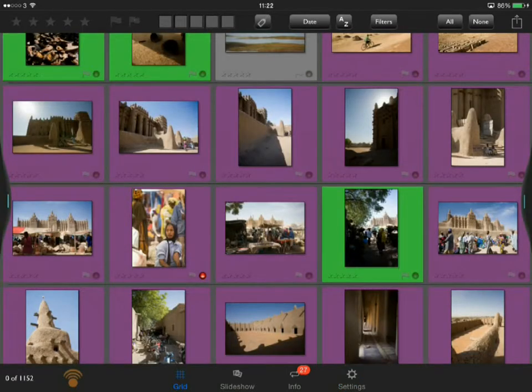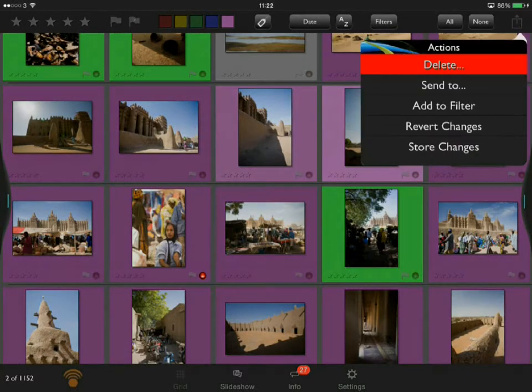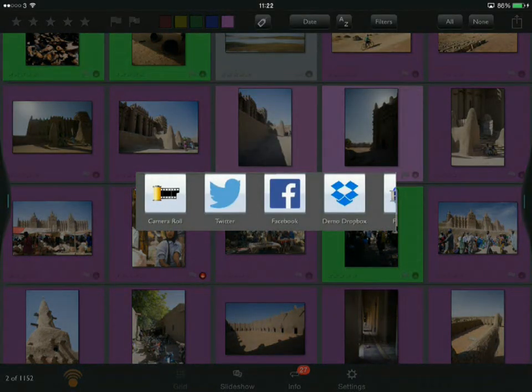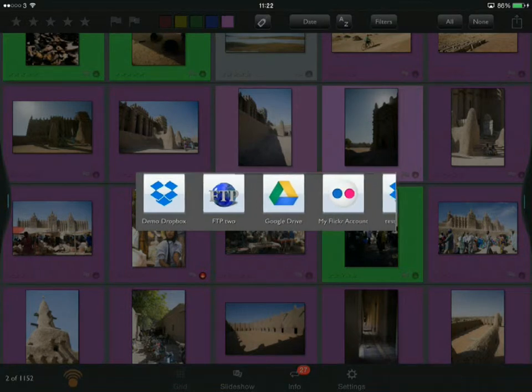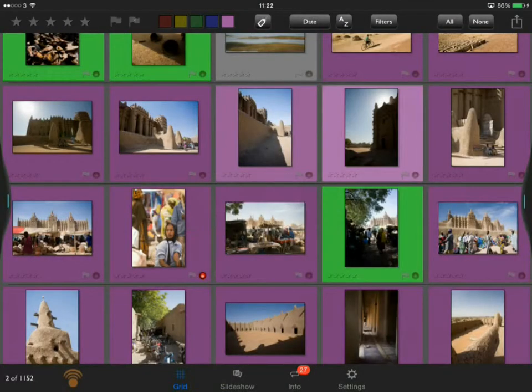I'm going to come back into the grid now, and I shall pick a couple of photos, and we go to the Actions menu in the top right. And if you want to send them by hand, then you can. You tap Send To, and you can see there just on the left it has Demo Dropbox, so I'm going to get those sent, and in the bottom right of the screen you can see that it's actually sending those across,